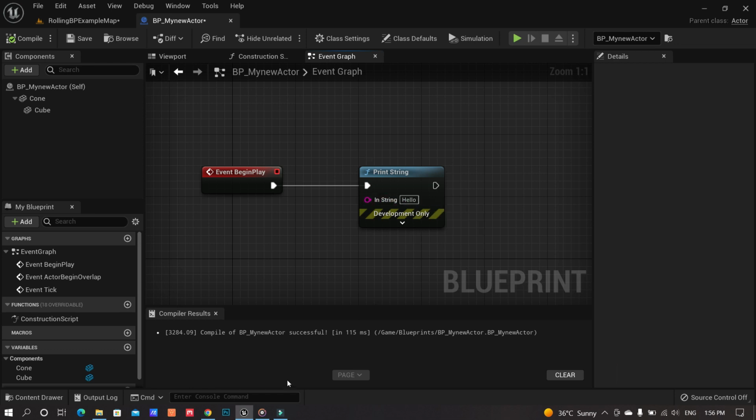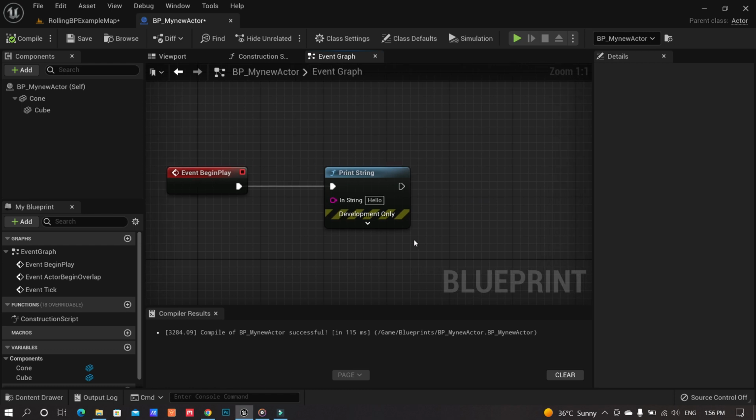So let's say that we have executed this particular Print function. Once the game starts, we can put another string to it and say, well, Hello World.